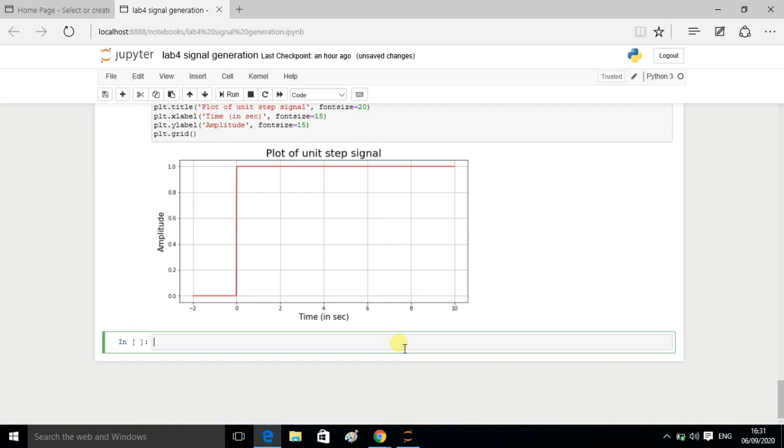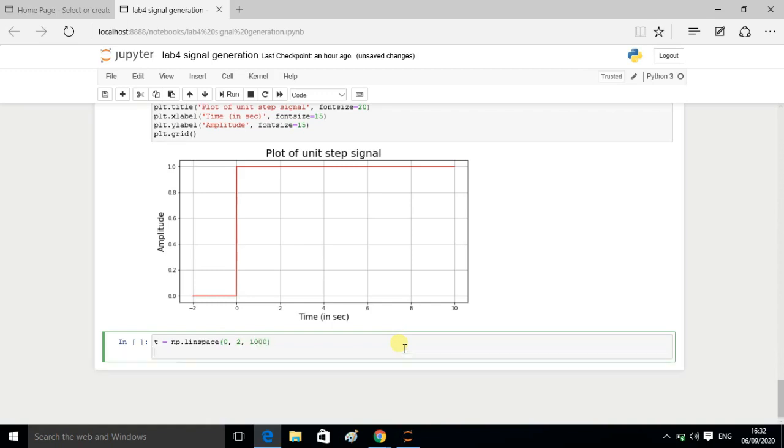So for that, let me declare a time variable here, t np dot linspace to be 0 to 2, sorry, 0 to 2, 1000 number of samples. Okay,